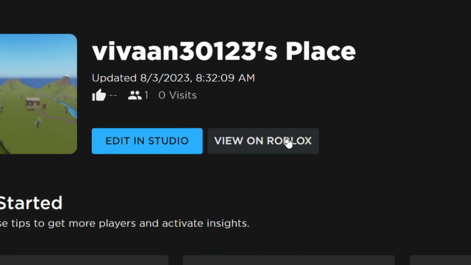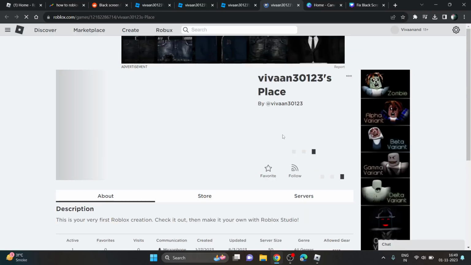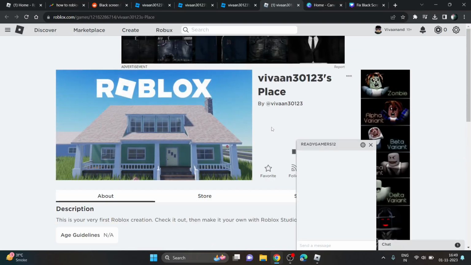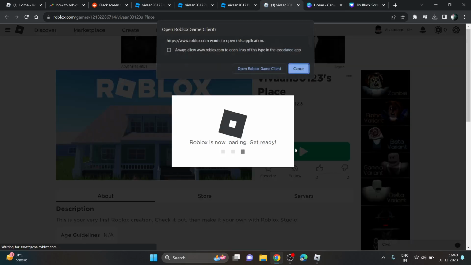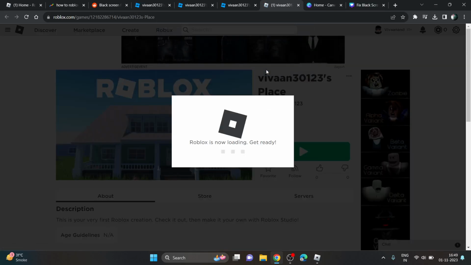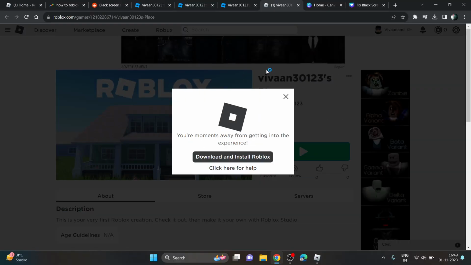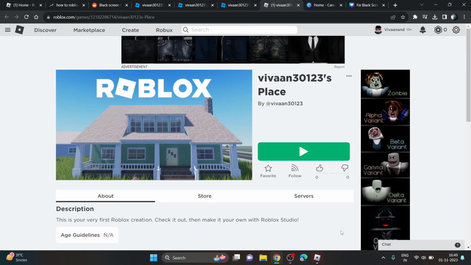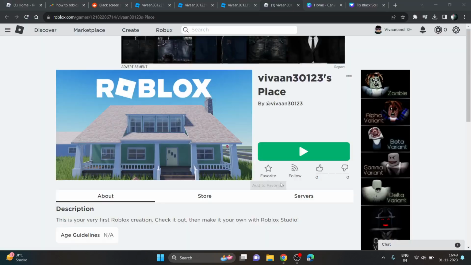and now you just need to click on this view on Roblox. So it will open on a new page, and you have to play this game. Just click on this and click to play this game. On mobile, the steps are very similar. You just need to enable the desktop mode to access this dashboard on browser. Now once you open the game here,